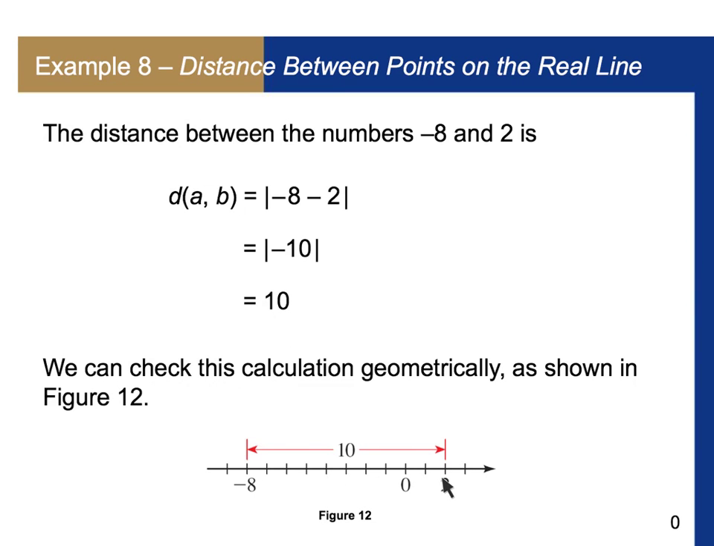Now that might be obvious to you, but you know it's important that we are able to do this because sometimes we don't know. Let's say we have a variable and we don't know where in the number line it is. Okay, so we can see the distance between minus 8 and plus 2 is 10. Okay,